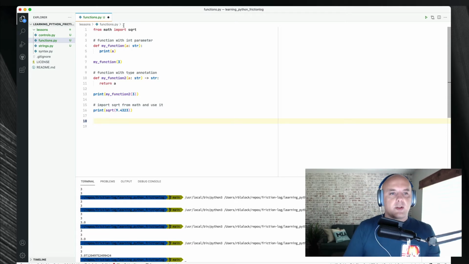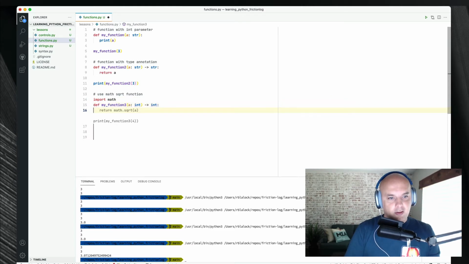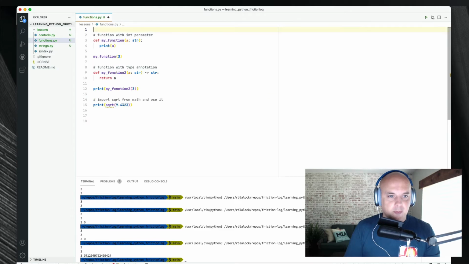So what I mean is, let me just remove this really quick. And then clearly this is going to be undefined. So if I said use math square root function, import math, define function, return math square root a. Oh, that's cool. I mean, it's just wrapping this, but it was smart enough to know to import it and then to use this function. And it used the dot syntax instead of, if I go back here,